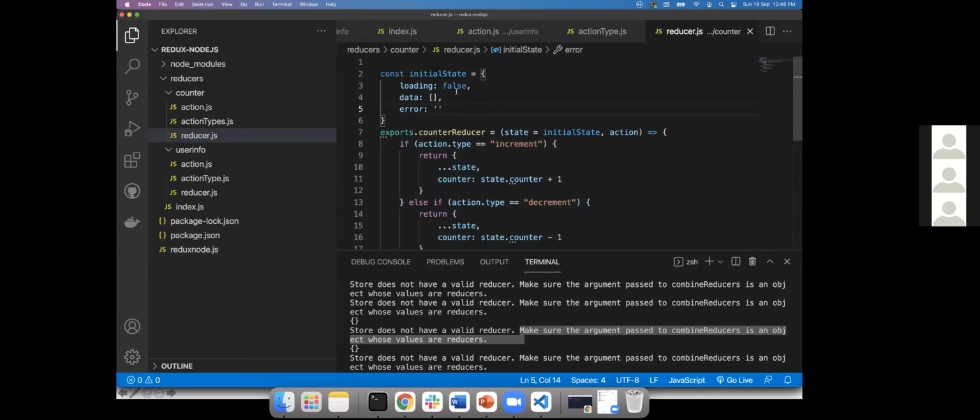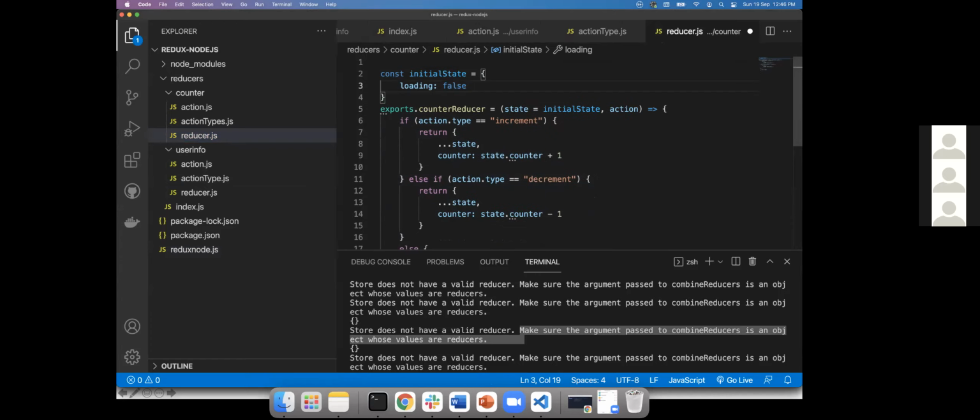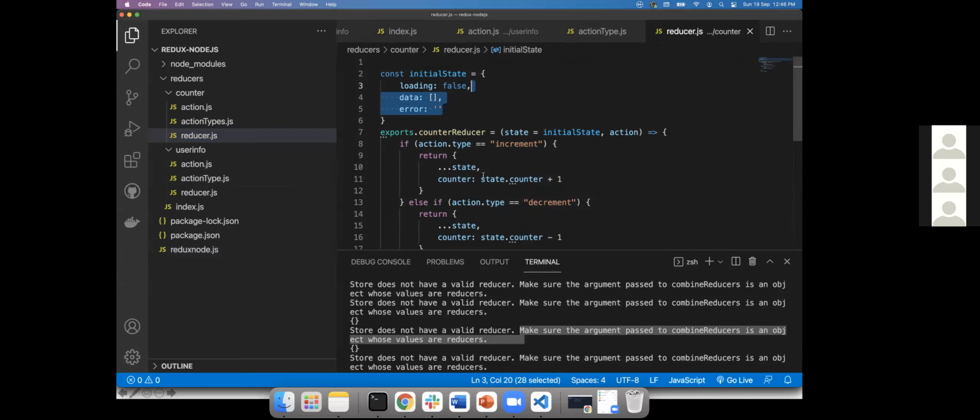Sometimes we'll be updating only loading. Instead of doing this, we'd say return counter plus one. What I'm trying to tell you is, whenever you do this without copying the state, you eventually lose one variable, one key.